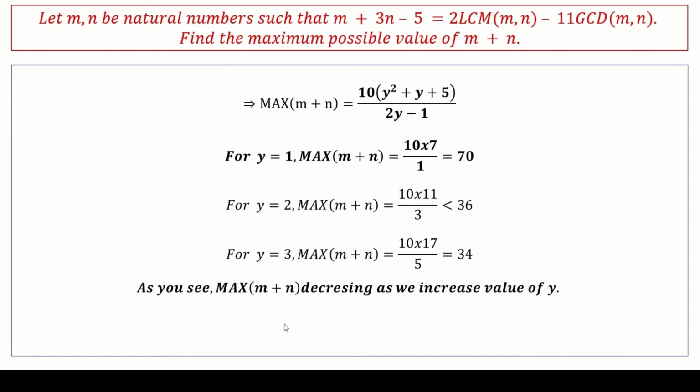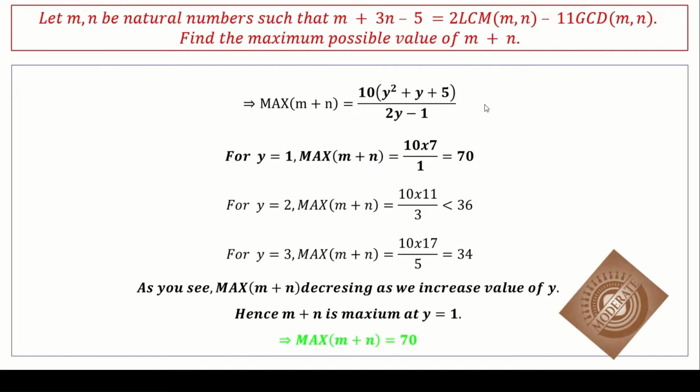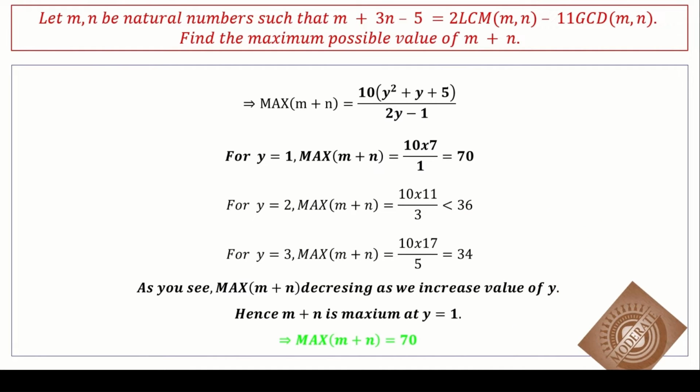So hence m plus n maximum is at y equal to 1. So max m plus n is 70. This is a medium question; you need a little bit of understanding and observation. Okay. Next,